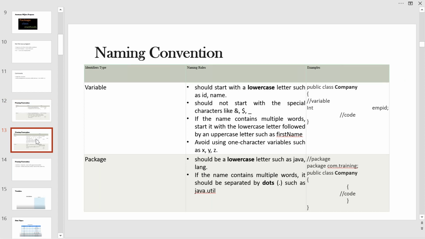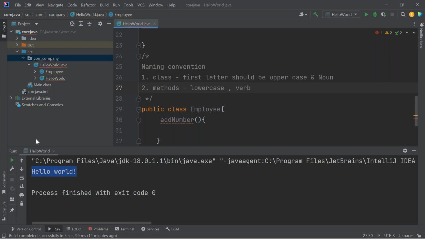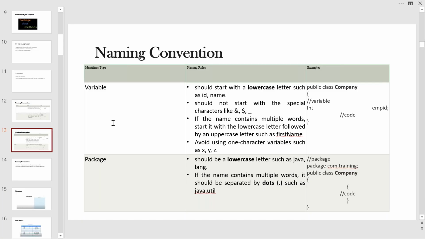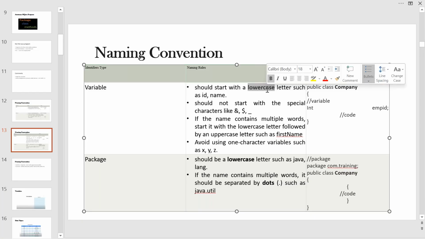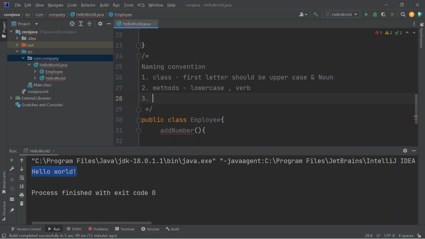So what is variables, I'll be discussing. For now it is like a placeholder. You think that it is a placeholder, and there is a concept called variables. So for variables, again this is also same thing like your method, it should be a lowercase. If there are multiple words, then this is the format we will be using. So for employees, I am given a task that I have to collect the first name, last name, those details, means I'll be giving some variable name. So how can I give first name, something like this. The first letter should be a lowercase, and if I'm planning to use two words, then instead of giving a space, I can have an uppercase for the second word. For variables,